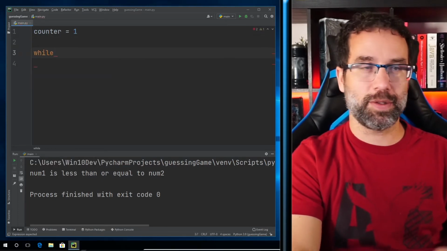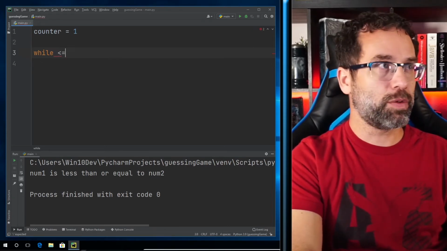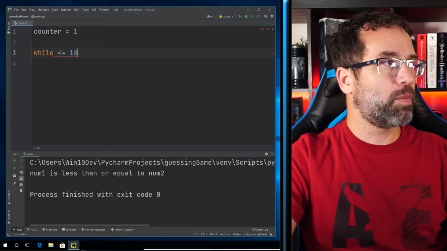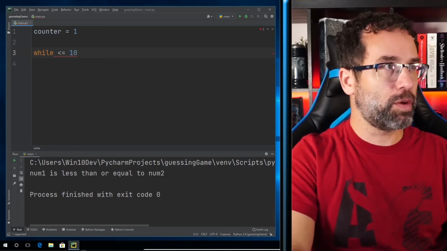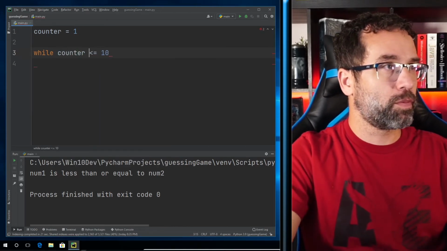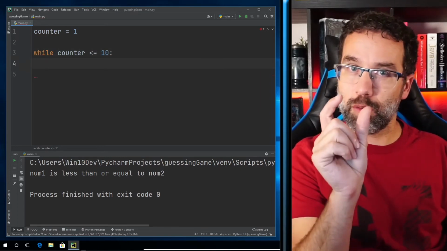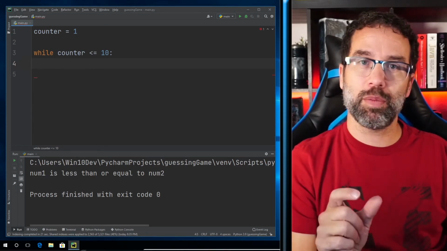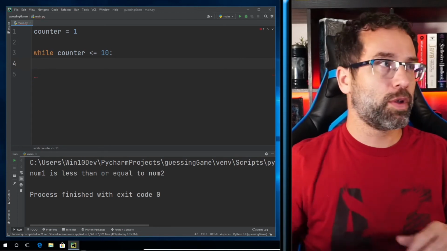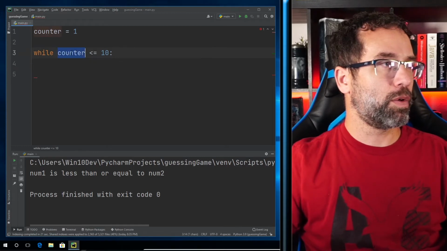So what I'm going to ask is that while this counter is less than or equal to 10, you saw that earlier in the comparisons, we're going to do something. Once again, pay attention to that indentation, because anything below this with that same indentation is going to be part of this while loop. So as this goes along, we're going to increment the counter